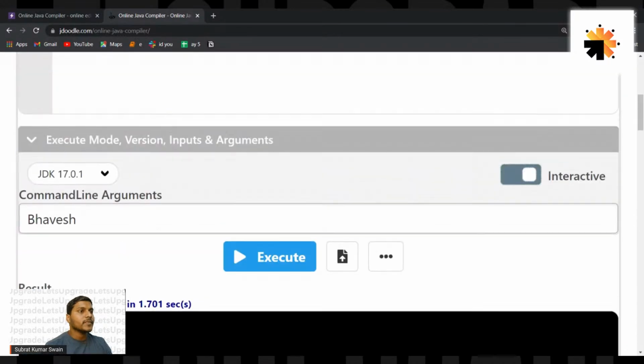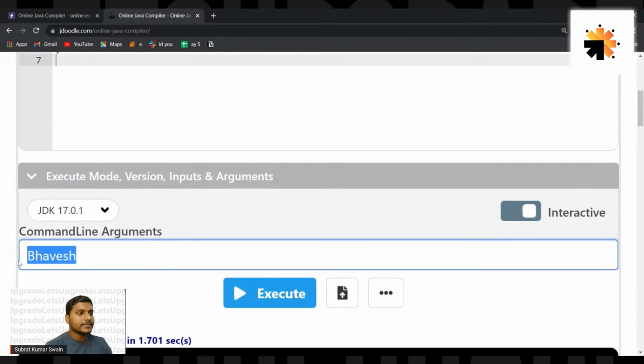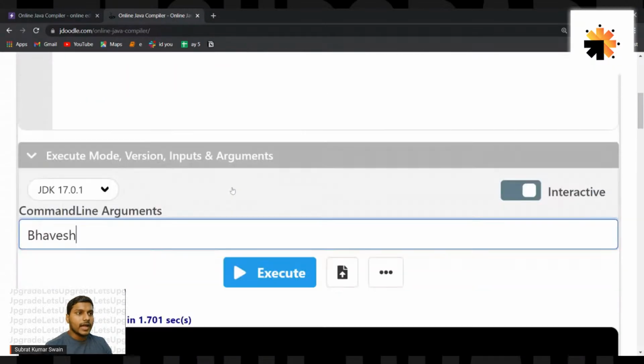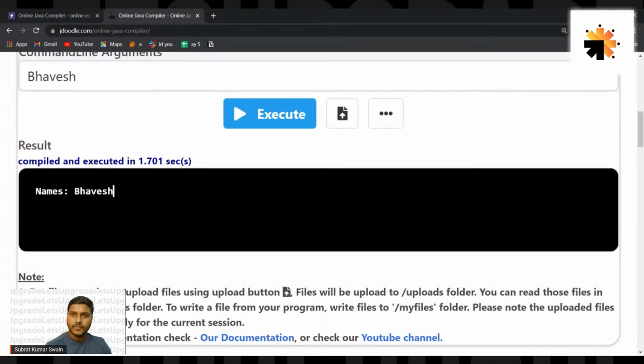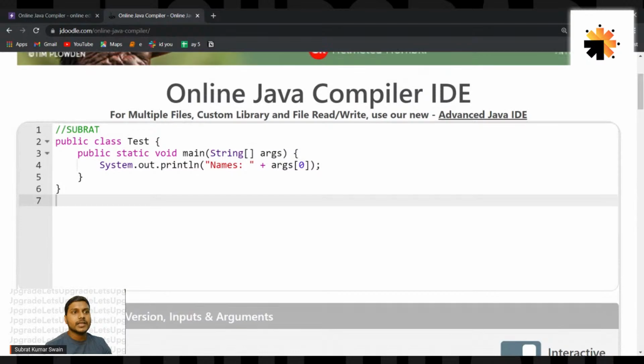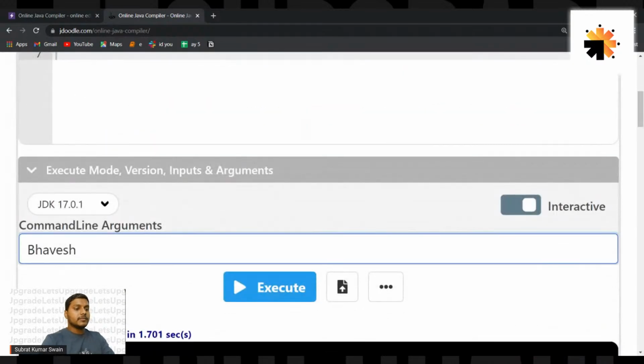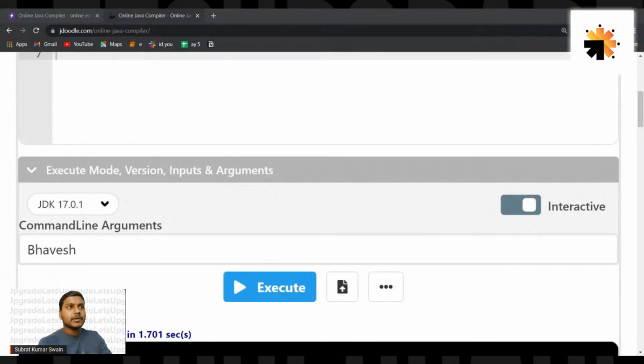Yeah. So I'm getting Bhavesh, the command line argument, whatever I have sent, I have got it. I have printed it out here. Okay, this is your command line argument, guys. So I can pass multiple arguments also. Any number of arguments you can send to it, guys. Let's say